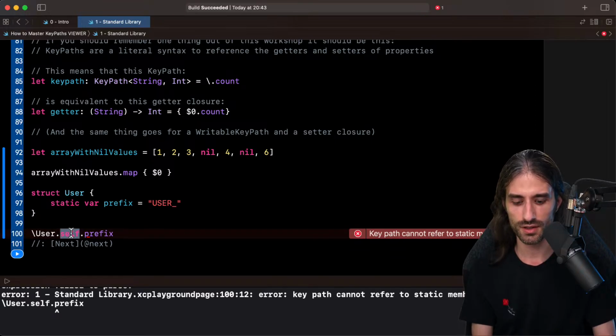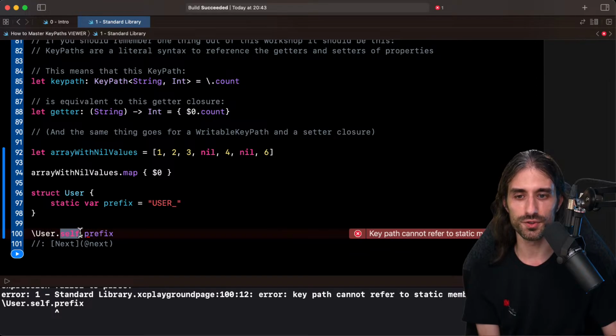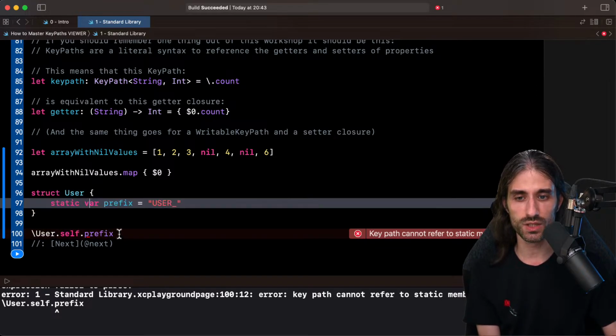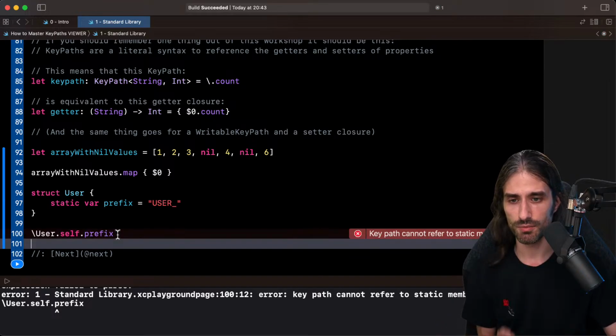Doesn't work. Yeah, key path cannot refer to static member prefix. So if it were to exist, it would probably be this syntax where you say it's the type, I'm referring to the type itself and not an instance, and then the property prefix. But there is no key path for a static property, which in a way makes sense because there wouldn't be that much of a use for it. Anyway, you can always pass in a closure. So there are no key paths for static properties.